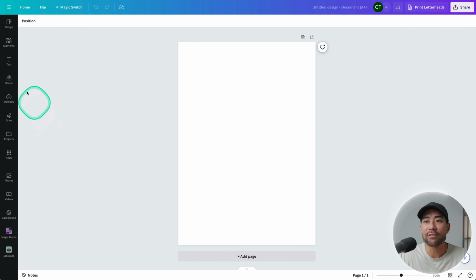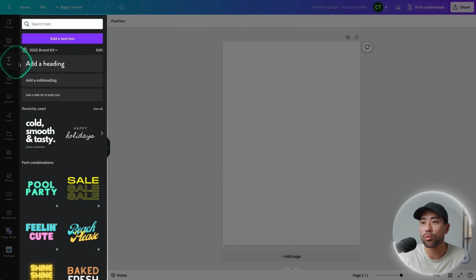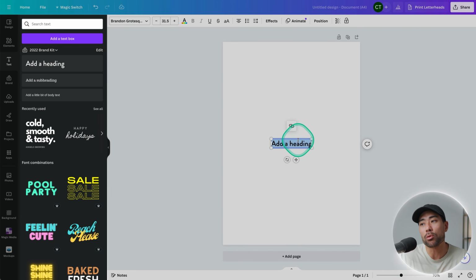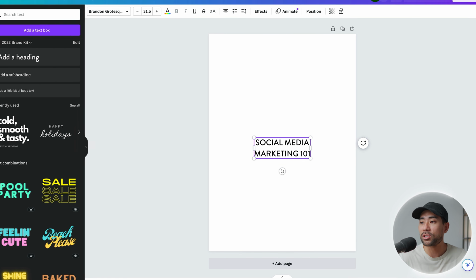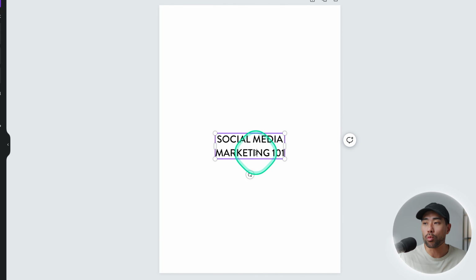So the book title, so that we can make sure we fit it in before we add anything else. On the left, you'll see text, click that, and then we're going to add a heading. Your font may look different, but this is my custom brown font right here. Don't worry too much because what we're going to do is edit and change the actual font style. But the main thing is to add your ebook title, whatever that may be. In my case, I've entered Social Media Marketing 101, and a quick tip here, if you want to fit it